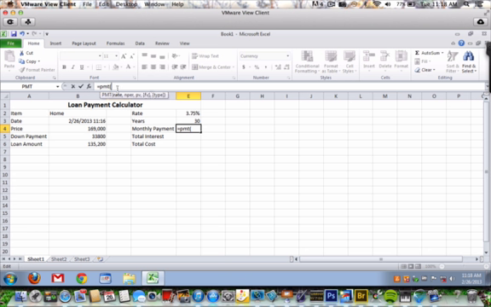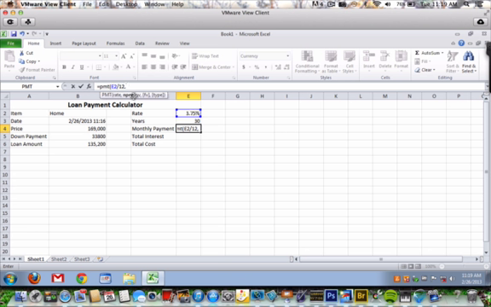Now, don't type the rate in because this rate may change. Okay, well, we want to be able to reuse this calculator. So we use the point method again and click on the rate. And then we want to say this rate divided by 12 because we're going to make monthly interest rate divided by the 12 months of a year that we make payments. And then we put a comma between our arguments. Our next argument,